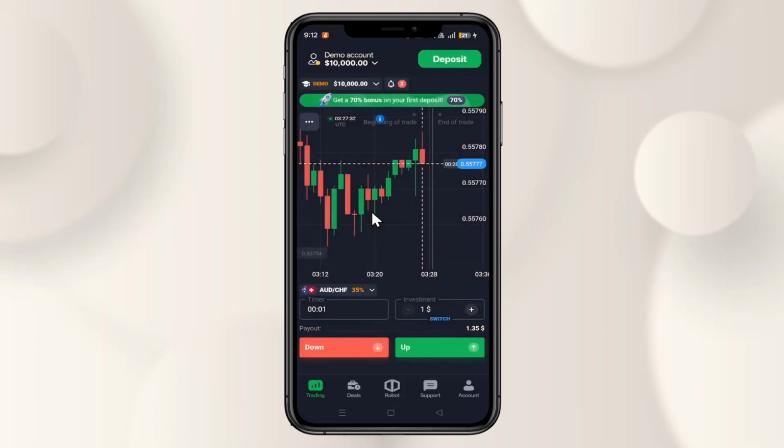And there you have it. That is how easy it is to switch from a demo account into a real account on the QU MATIX